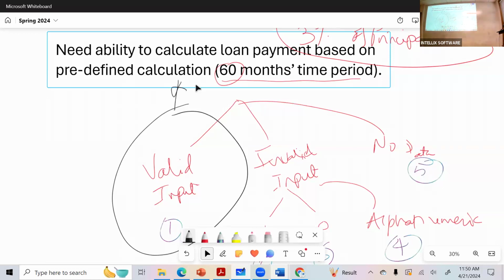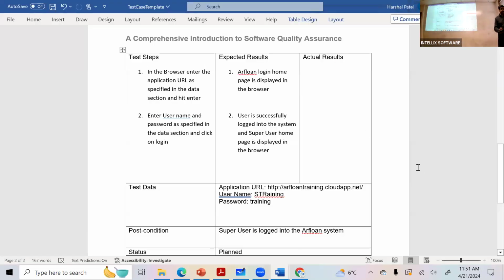Swati, you should have an electronic copy in the PDF file that was sent to you. So I want you to do this valid input scenario using the same template that I gave you. I'm going to leave the test steps here for you to look through so that you can write appropriately.